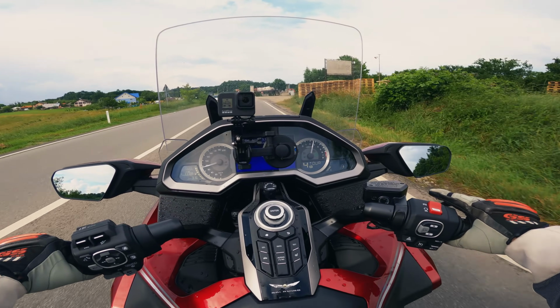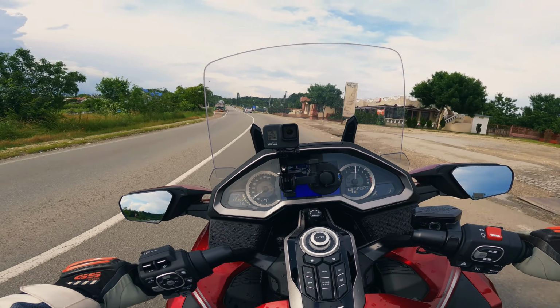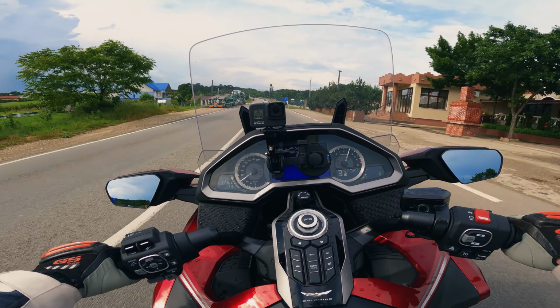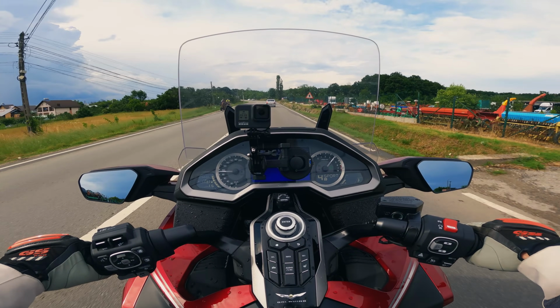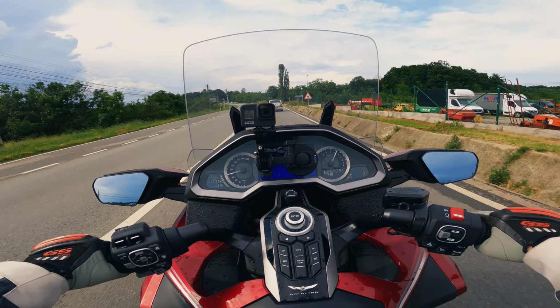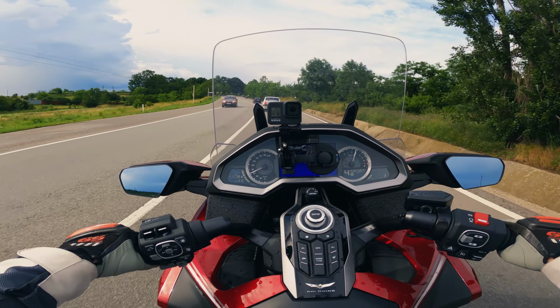Alright, let's put it onto sport mode. There's a little mode button over here. Sport. Now it's switched to sport mode. Look at that, it's already downshifted. Oh! Okay, that's a completely different beast. Okay. Tour is for when you're touring. Sport is for...